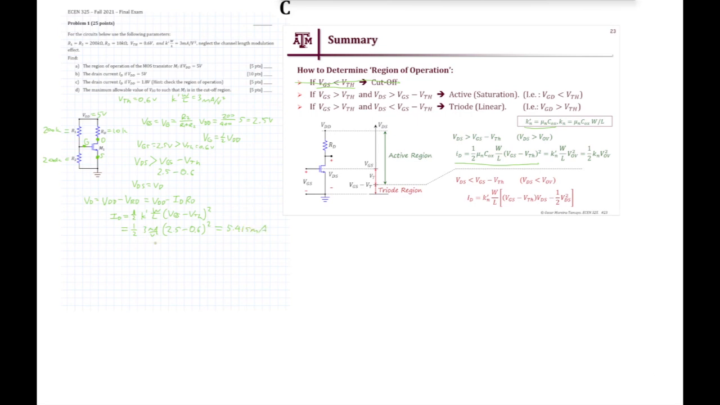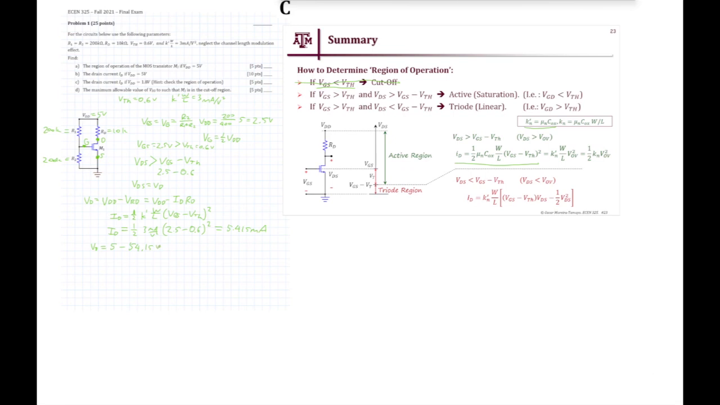Because our K prime W over L value is in milliamps, that's what our ID is equal to. Okay, from ID we can use this equation right here, VDD minus IDRD, to solve for VD. So let's go ahead and plug that value in. Our VD is equal to our VDD, 5 volts, minus 5.415 milliamps times 10,000 ohms,